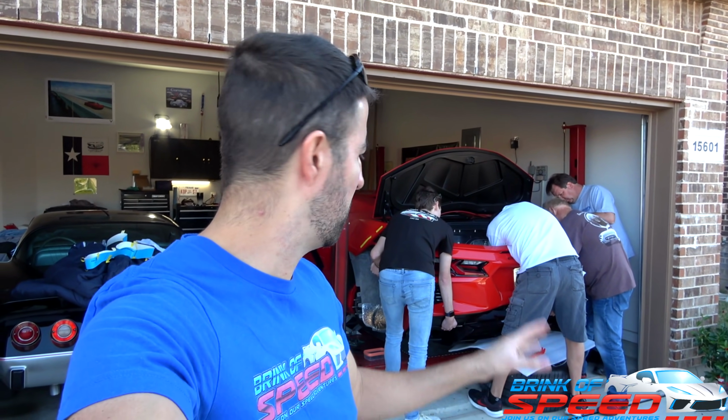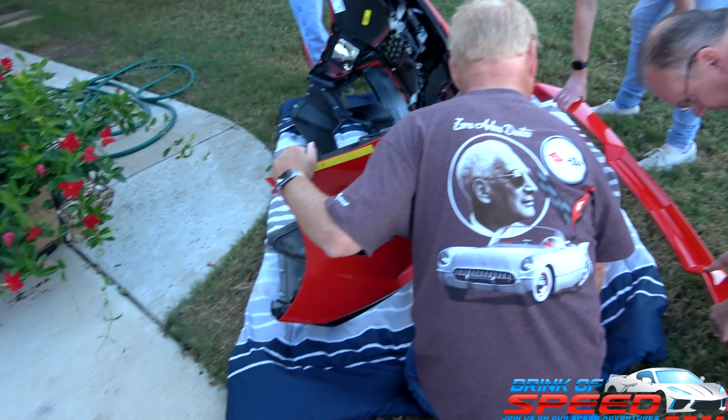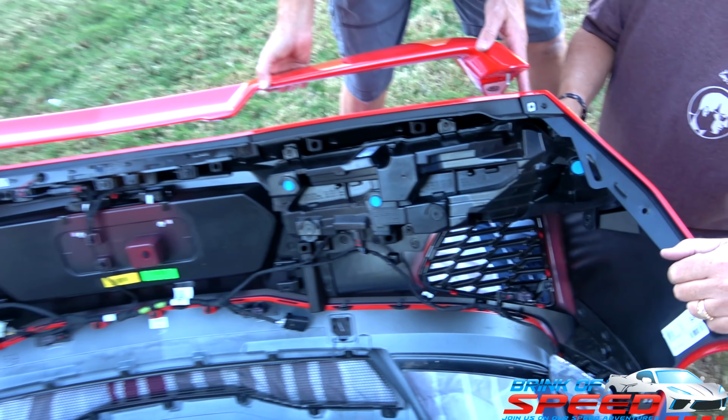Nice. So they got to unclip all 3 of those. Mark's almost done with that. As soon as they get that off, they can get the bumper off. And then we can actually get the Z51 wing bolted onto the bumper, and then we'll just put it all back together. All right, so we've got the bumper off, and now we're gonna test fit the wing